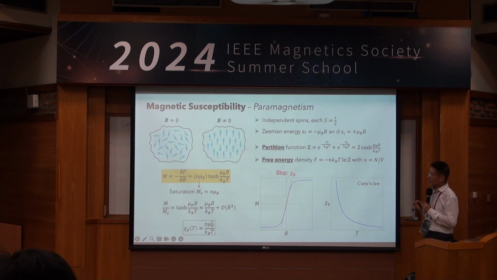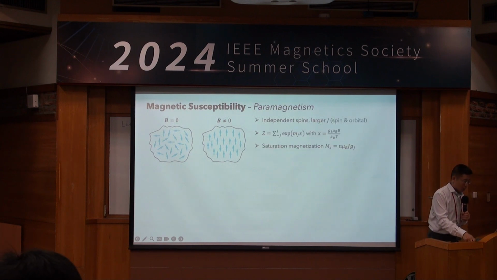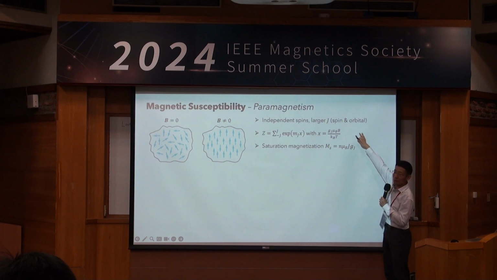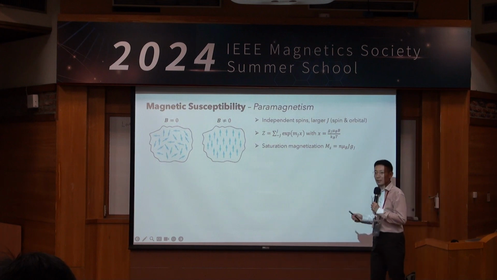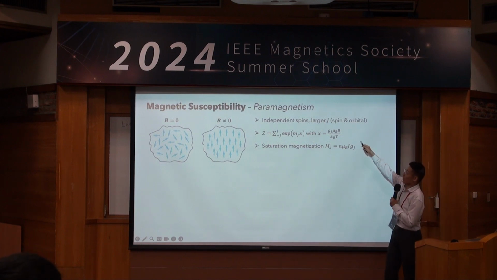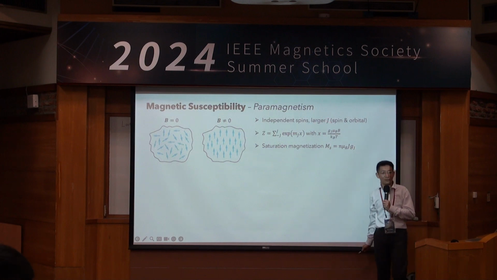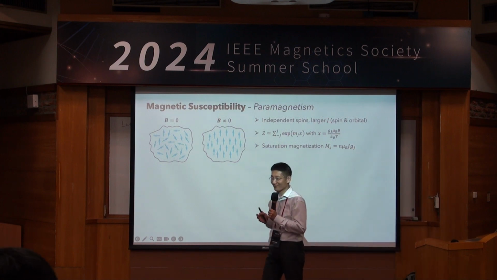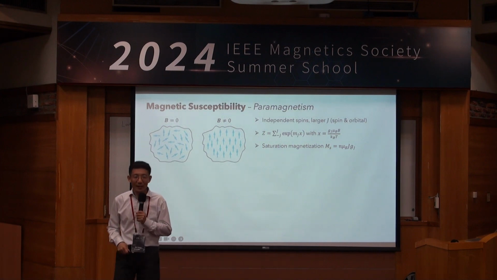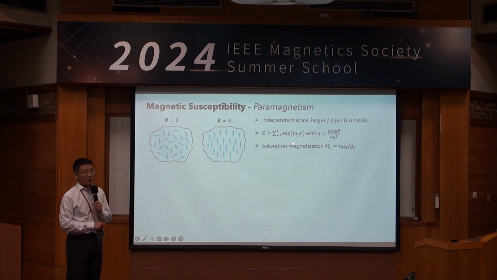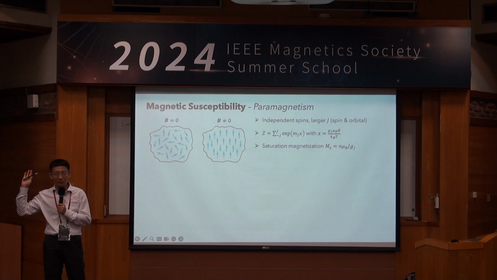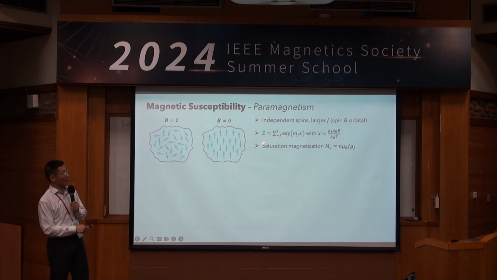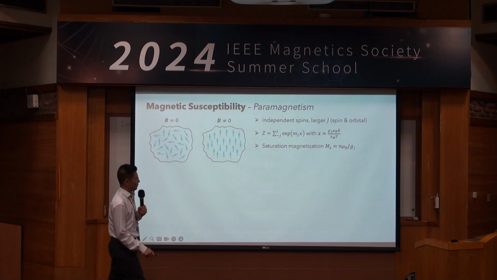Now, with this picture in mind, we are ready to proceed with more complicated cases where not only the spin, but also the orbitals are involved. So still for a group of independent magnetic particles, each carrying a total angular momentum J, and J could be very large, for example 7.5, including the orbital and the spins. Then, in the summation of the partition function, we simply involve more terms. It's not simply exponential x plus exponential minus x as a cosine, but now we involve more terms. But still, we can do this analytically